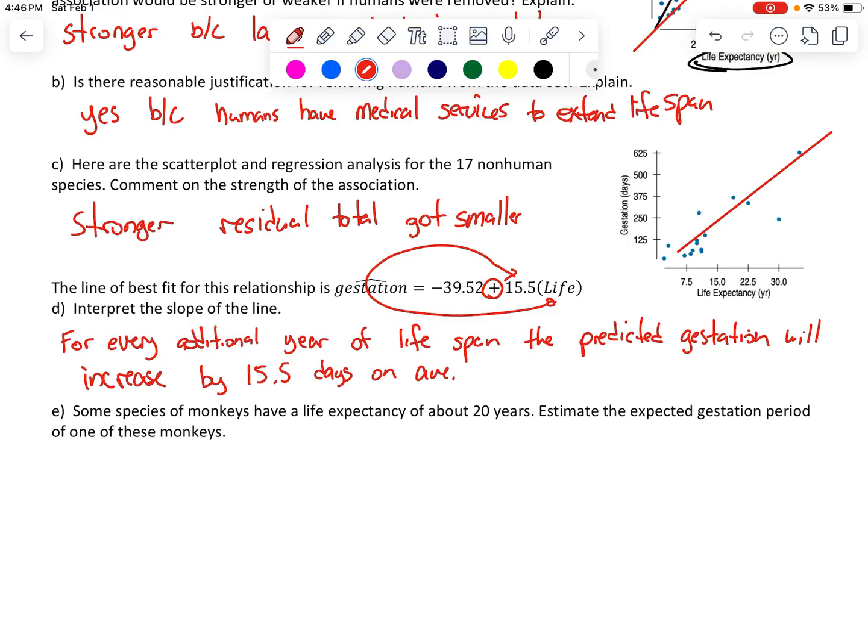Some species of monkeys have a life expectancy of 20 years. Estimate the gestation period of those monkeys. So again, it's asking me to estimate or predict. So we've got the life expectancy of 20 years. So the gestation period hat is going to equal negative 39.52 plus 15.5 times the lifespan, which is 20 years. So we're going to drop that 20 in there. And we're going to get 270.48 days of gestation. So there we go. That wraps